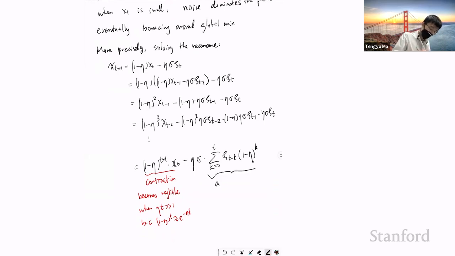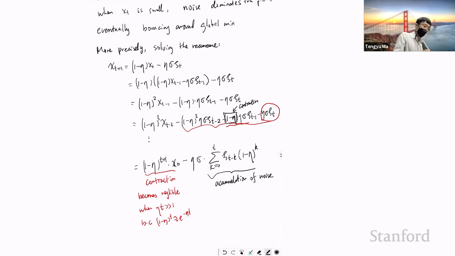And you can also see from the other term that you can view this as accumulation of the noise. The noise is not just adding up; the noise is accumulated in a certain way. And maybe it's easier to look at this. The noise that you added at the last step is scaled by ησ. But the noise that you added at the second to last step is scaled by an additional factor of 1 - η. And where does this 1 - η come from? It comes from the contraction